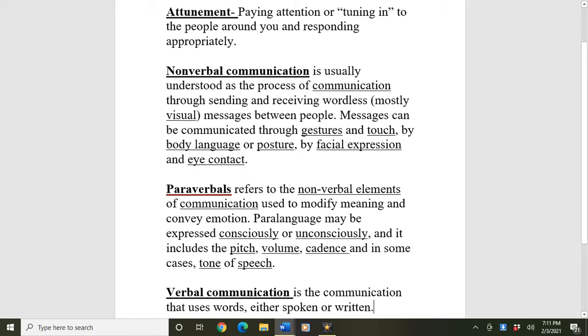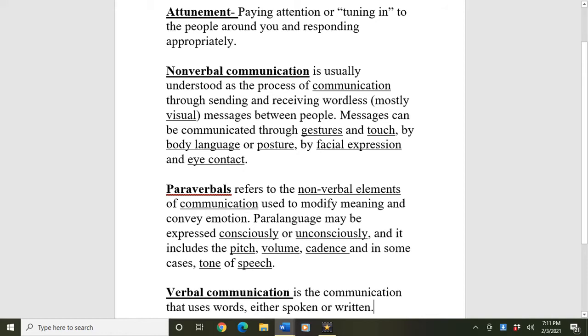If you look at this, the biggest section of the three is what is called nonverbal communication. If you've ever had a speech class, you're familiar with this word. Basically it means sending and receiving wordless messages, usually visual, between people. There are some key areas that we look at: body language, posture, gestures, how people touch one another, facial expressions, and eye contact. When you put this whole thing into a package, that is really the best way to understand the feelings of someone else: to look at what they do and how they act as opposed to what they say.